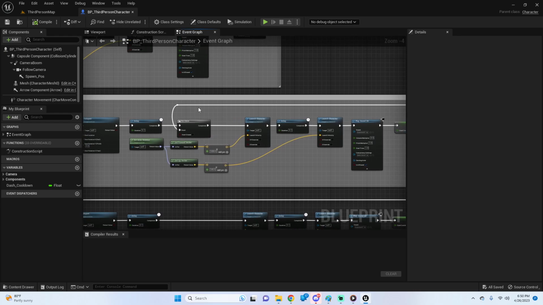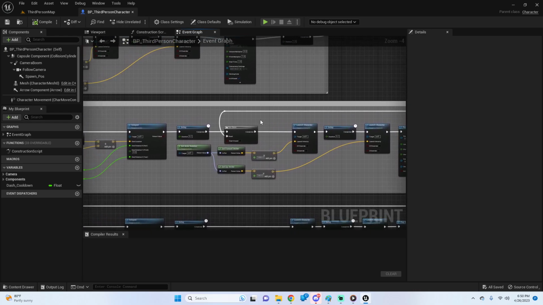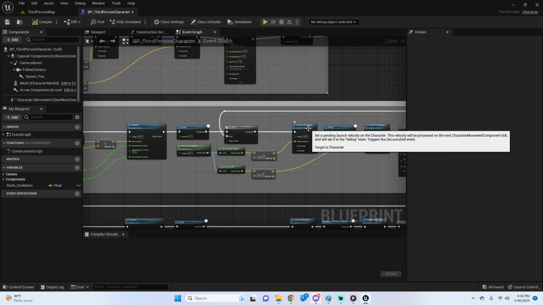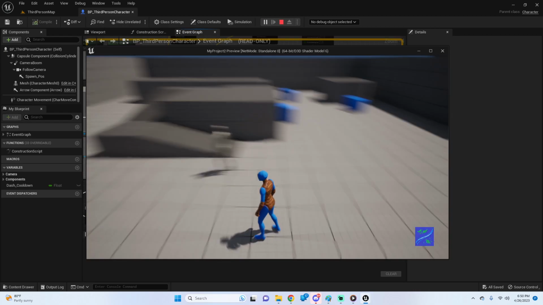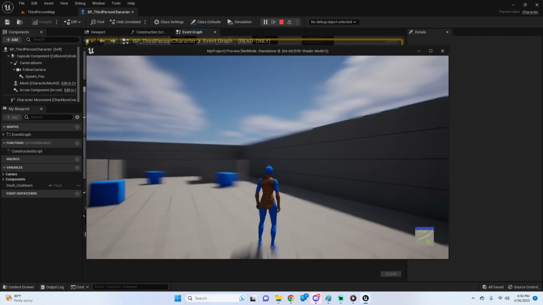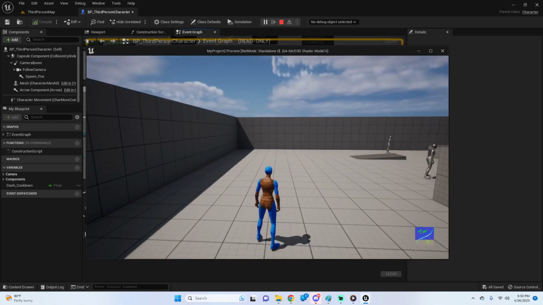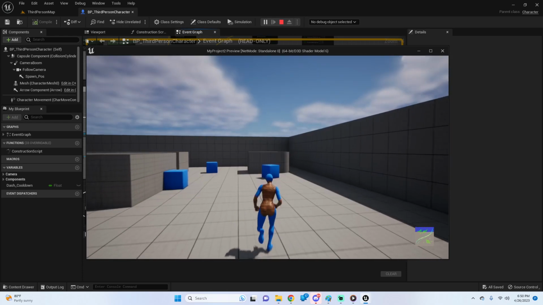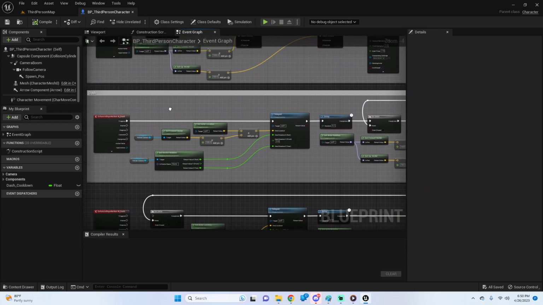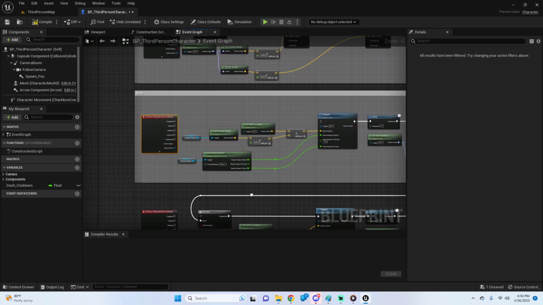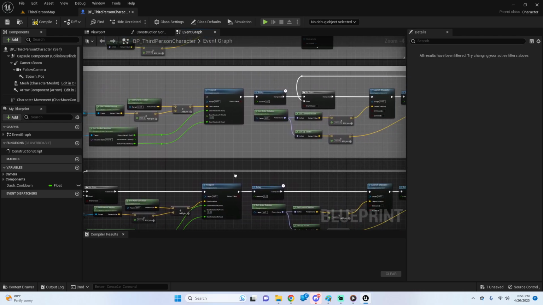And this currently works. I teleport and I dash, but since the do once is only in front of the dash, I can just spam teleport. So looking at that, and then the dash will come back. There we go. So it's just weird. Obviously that won't work. So let's switch over to this, where the only difference on this set is I moved this do once up to here,